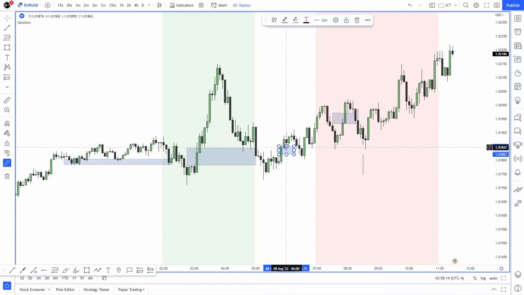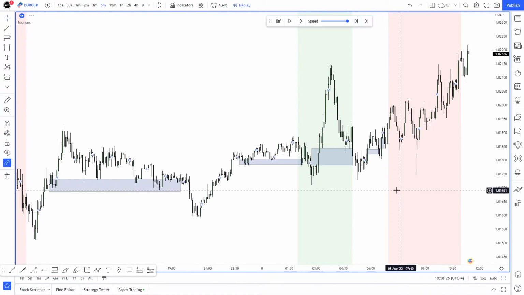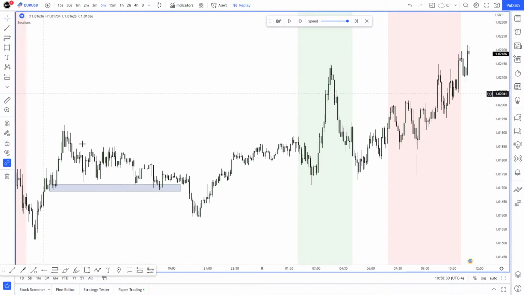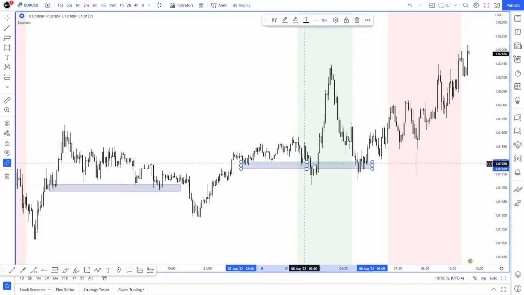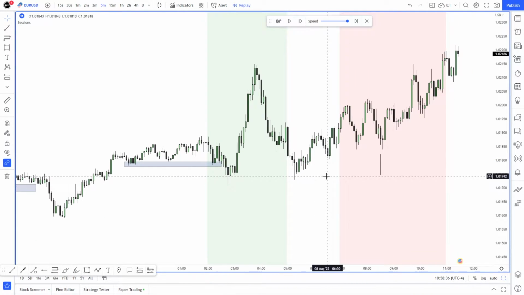Okay, so you can see that there's a 5-minute fair value gap here that is respected. It creates another one here, respected. Another one there that is actually not respected, and that's something that we need to know. Let me delete this. But you can see the liquidity that we were discussing a bit better as we are in a more detailed time frame.